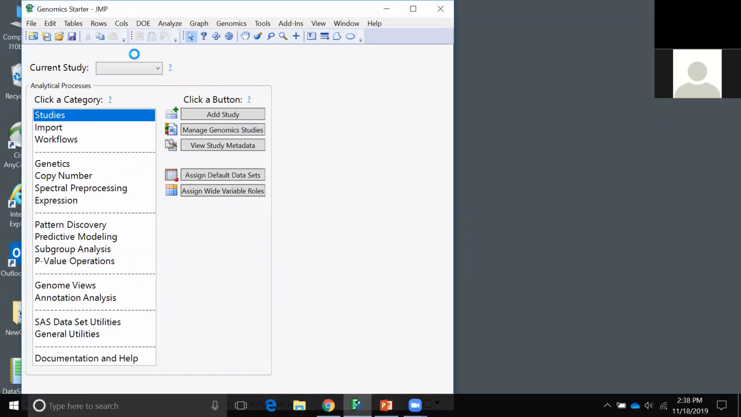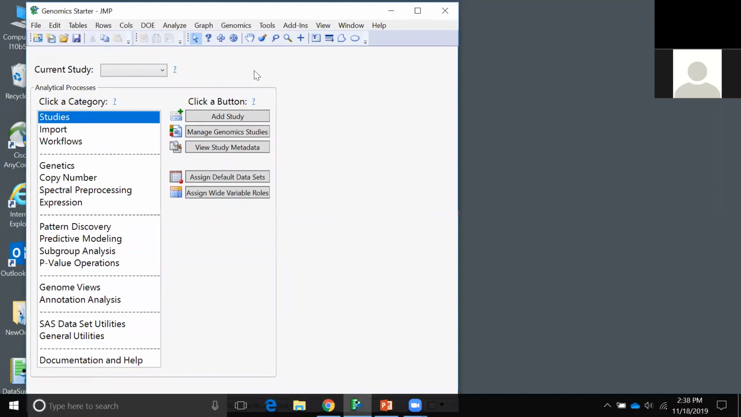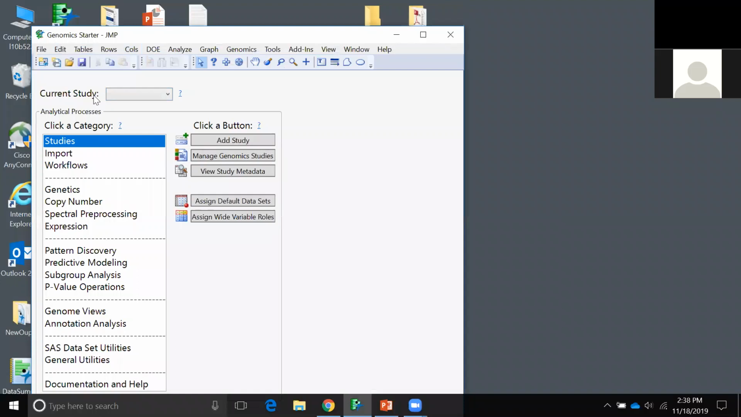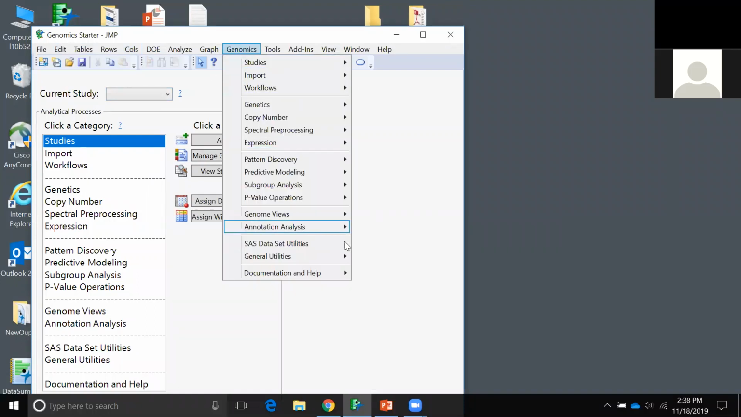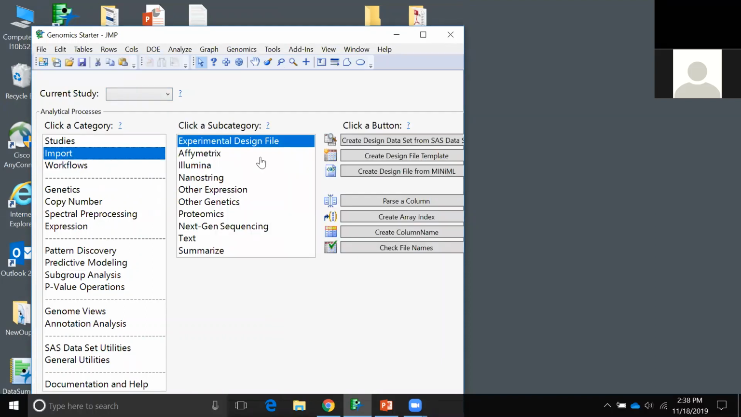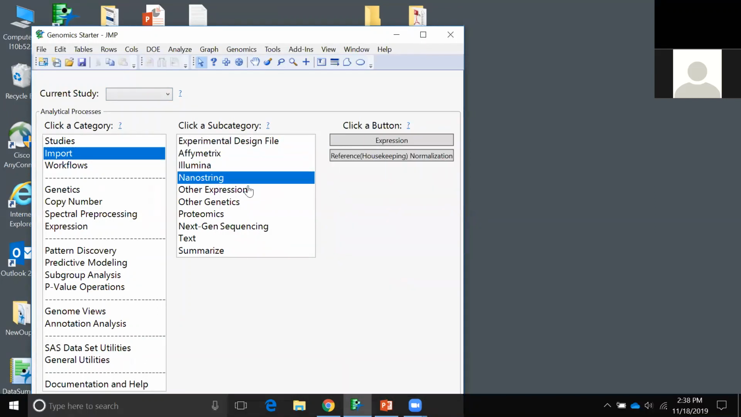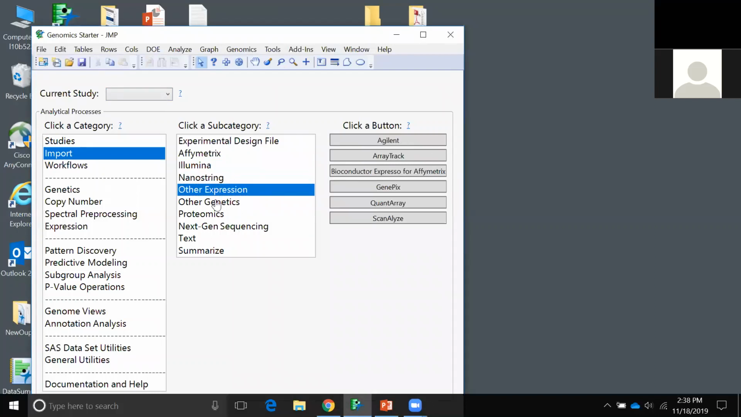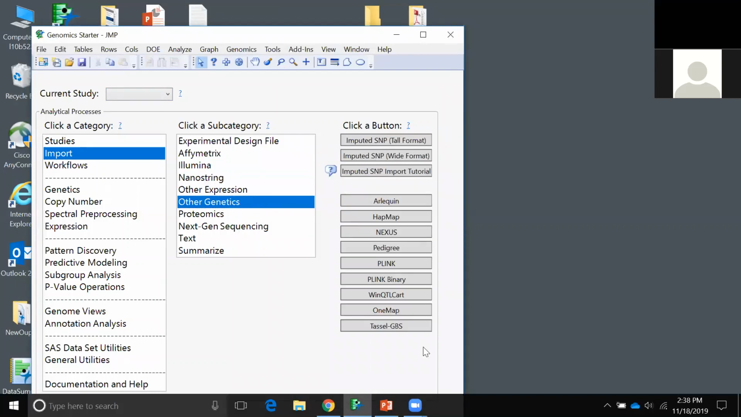If you've ever used JMP before, a lot of JMP users will use it from the menu bar along the top. So there are options from these tabs along the top, but these same options for genomics are here along the side, in this click-a-category panel. Typically when you're using JMP Genomics, you start with the import. If you're importing data, there are a lot of different types of files that you can bring in. If you had expression data, if this was a different type of analysis, you could find a lot of tools for bringing in data from a lot of different